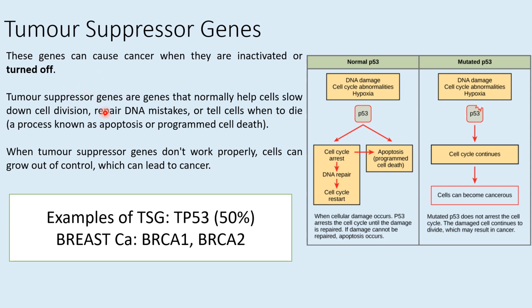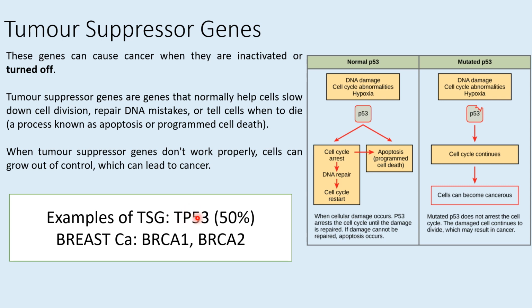And we mentioned already what it does: they slow down cell division, they repair DNA mistakes, and if the damage is too much, it tells the cell to die. Now, there are many examples. Tumor suppressor gene is a generalized word, so these are the specific words. TSG stands for tumor suppressor gene. Examples are